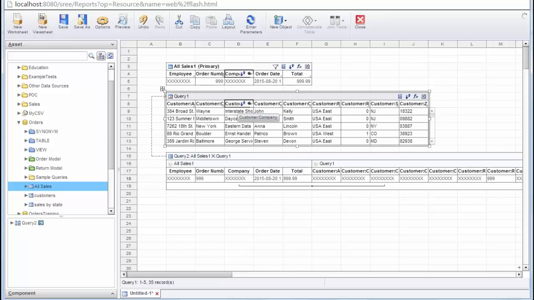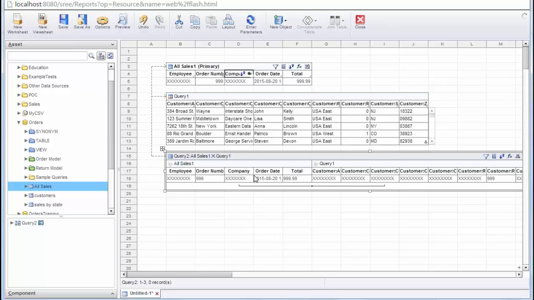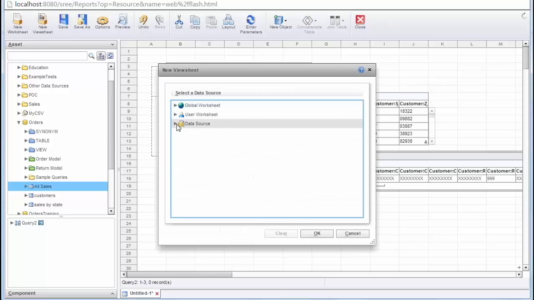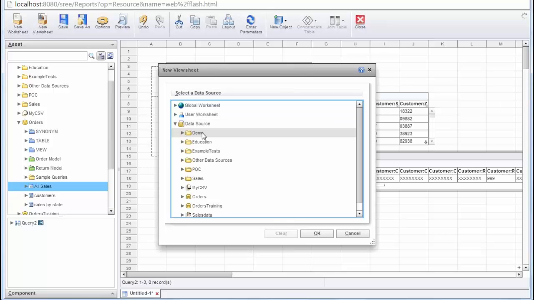So I can go onto the customer company name and define a relationship between them. So now I'm going to get my customer's detail information on location tied into my simple all sales that's showing my total sales by employee for all the companies that I sell to. And I can now use this as a basis for a dashboard, or simply pull from the query or other data layers that have already been established, empowering the users through simple drag and drop mechanics to create special mashups